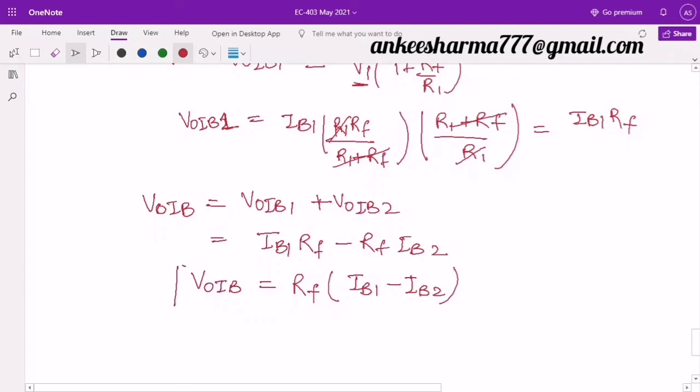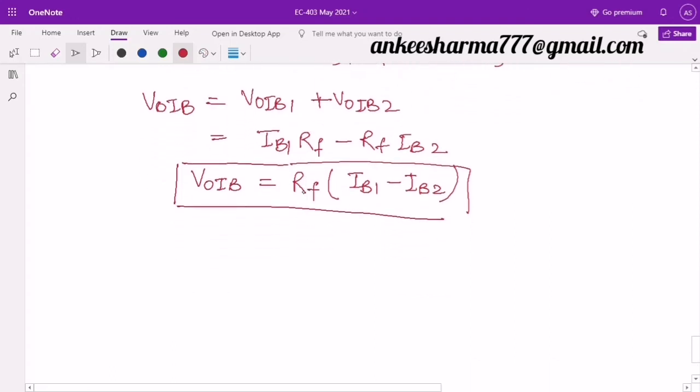So I need to overcome it. It is only overcome by reducing the values of these base currents IB1 and IB2. Although we cannot eliminate it or make it equal to 0, we still try to make it as small as possible. So these are the different output voltages and output offset voltages that we have discussed. So in the last I can sum up that the total output offset voltage in an operational amplifier